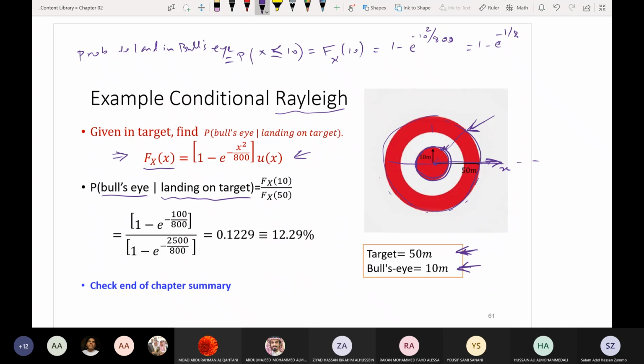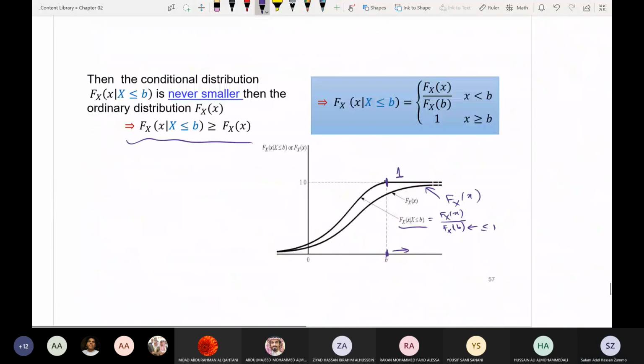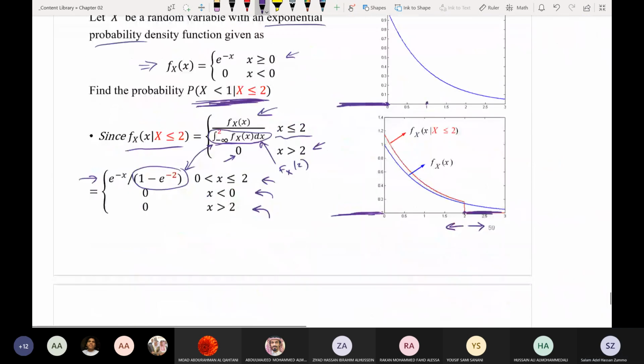As we have done before in the conditional CDF, now the condition is x less than b. So b here is 50, and x is 10. Because x is less than b, the answer is F of x divided by F of b. You don't need to remember this. You can always get it by remembering that